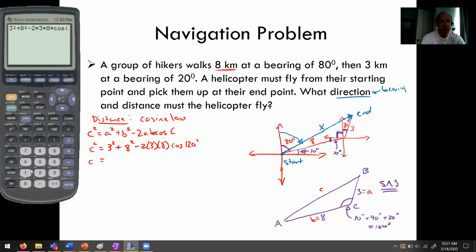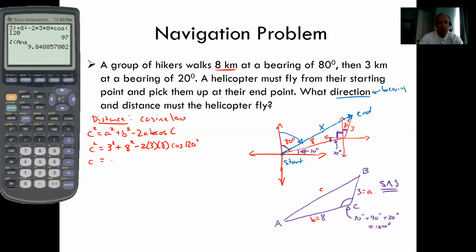Don't worry, your calculator will do the correct order of operations for you in this case. So we'll do all this and we'll get 97, and then if we want an actual numerical answer, like a decimal, we can do that. So we'll get c squared equals 97, or c equals the square root of 97, which is approximately